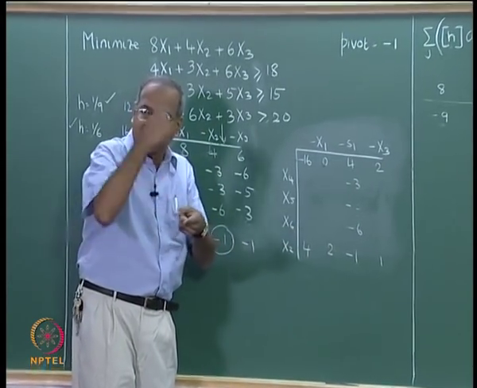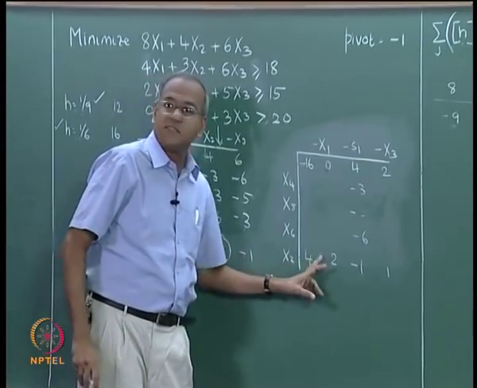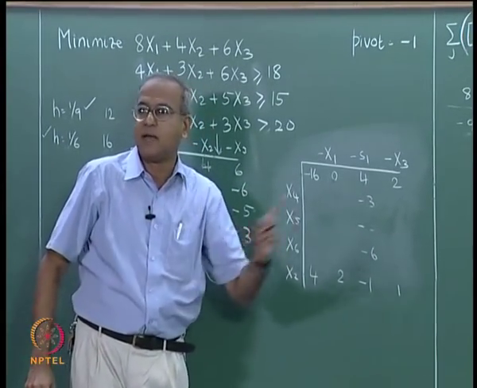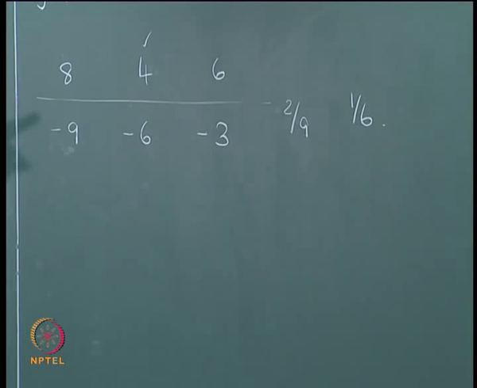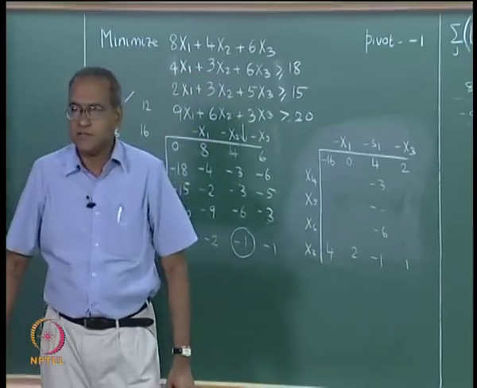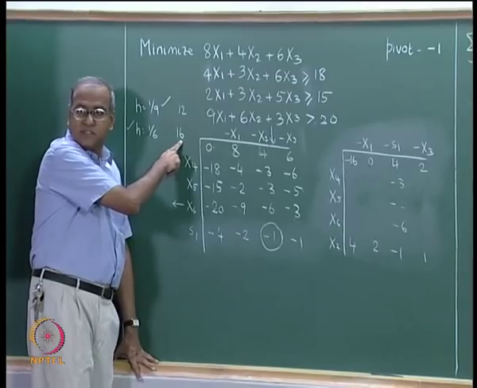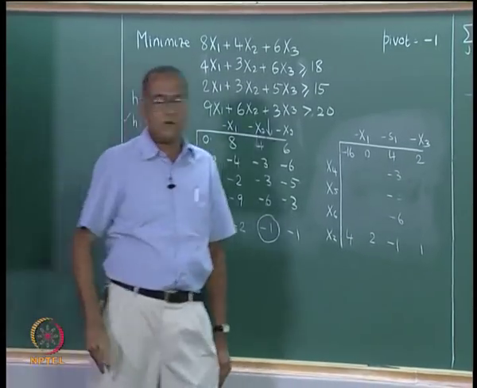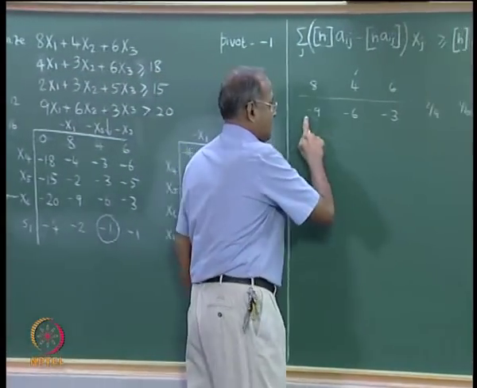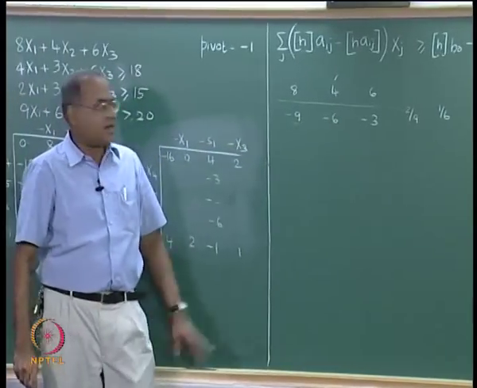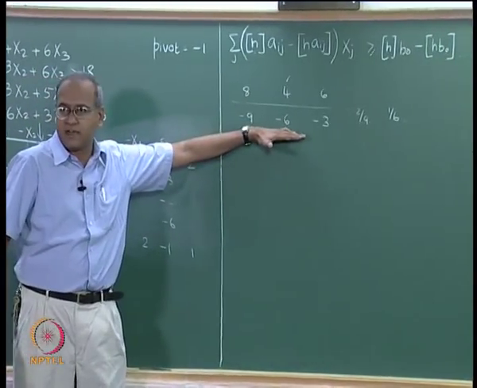So, the number that is going to come here at the end of the cut, as long as it is 2 or something, I am okay, and that is the 2 we are talking about, which is the ratio. So, if 2 by 9 is bigger than 1 by 6, then 1 by 6 can provide a slightly better value of h, which can give us a slightly higher number here, which is 16. Therefore, what we do is we take all those negative numbers here, then write only the negatives we take, we do not take the positives.